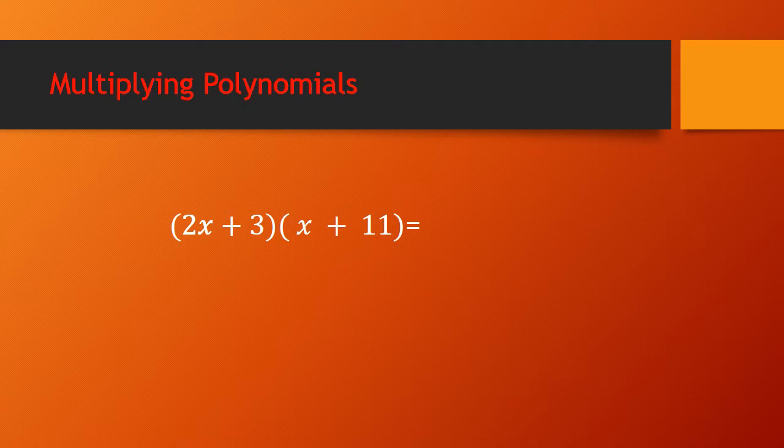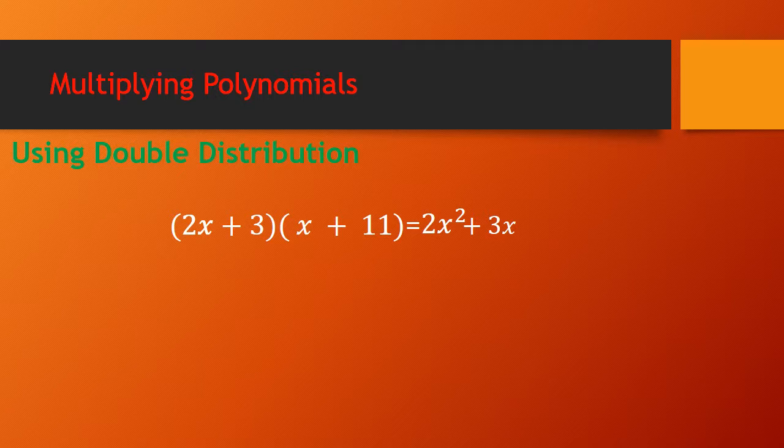We learned how to multiply polynomials at the beginning of the year, and we said that we use double distribution to be able to multiply a binomial by another binomial. In this example, we have 2x plus 3 times x plus 11. By using the double distribution, we'll be able to change the factored form into the standard form by multiplying 2x times x to get 2x squared, 3 by x to get 3x,